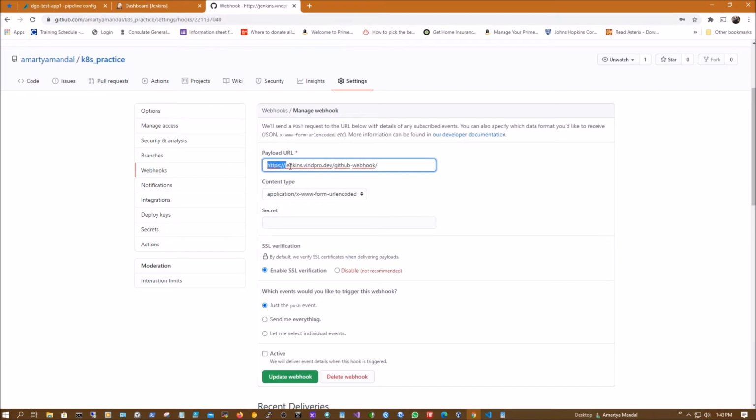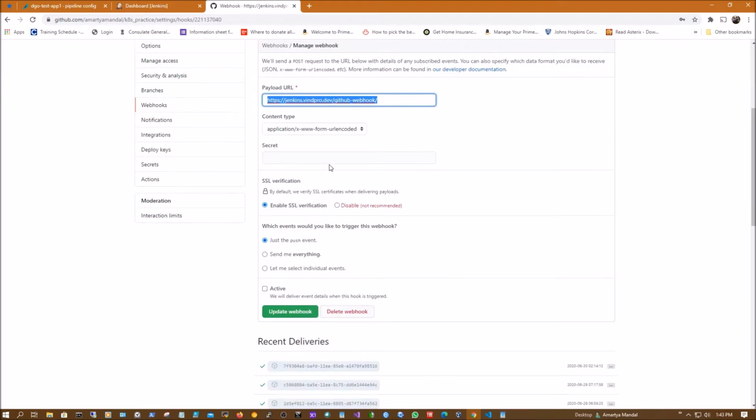If you mention https://jenkins, or the IP of your Jenkins server, and then slash github-webhook, Jenkins will listen to this payload URL, and